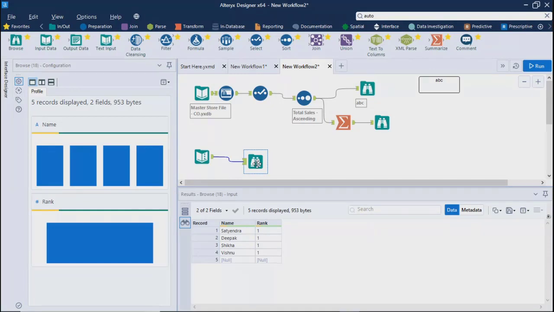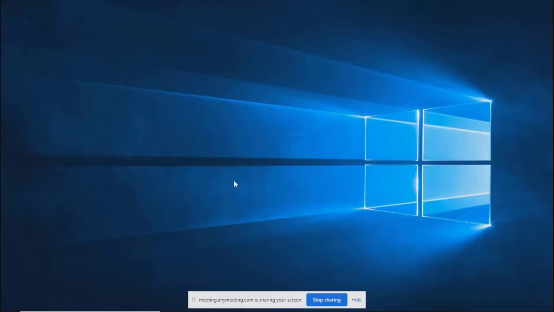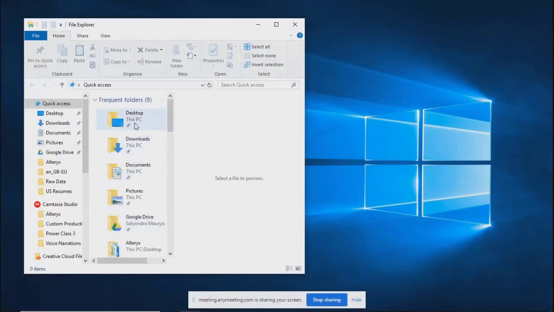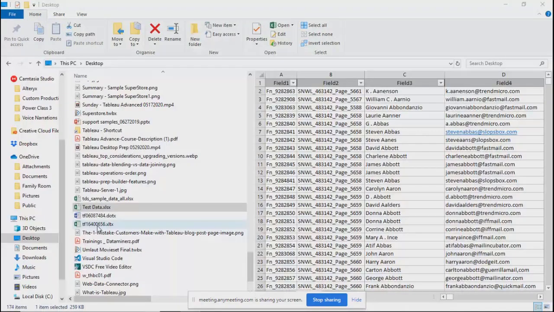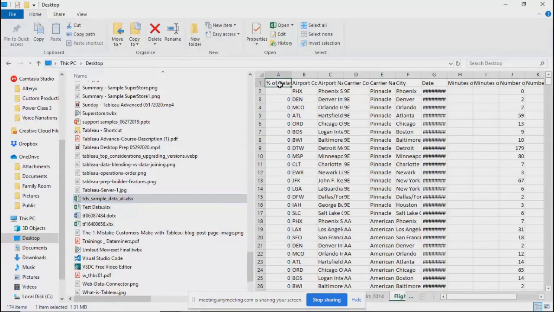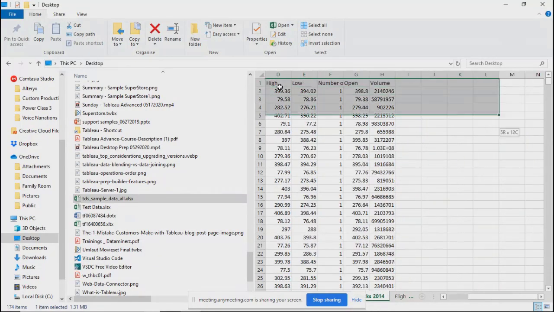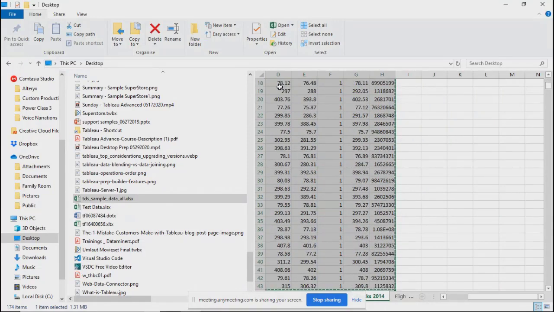The best part of this is, let's say you have some data in your Excel file. For example, if I go, okay, so let's say if this is the data, I'll just copy some of the fields, right?